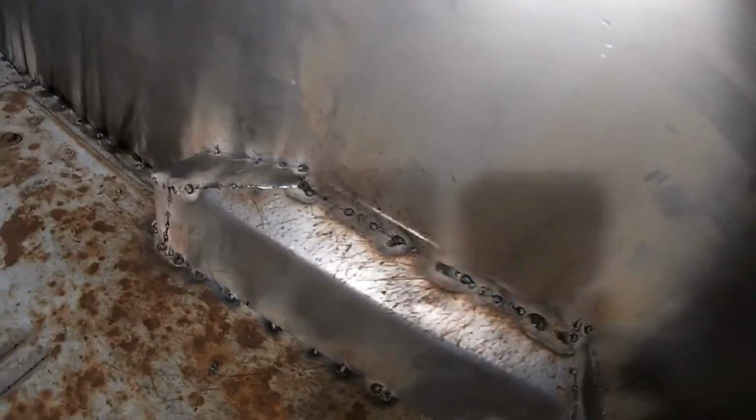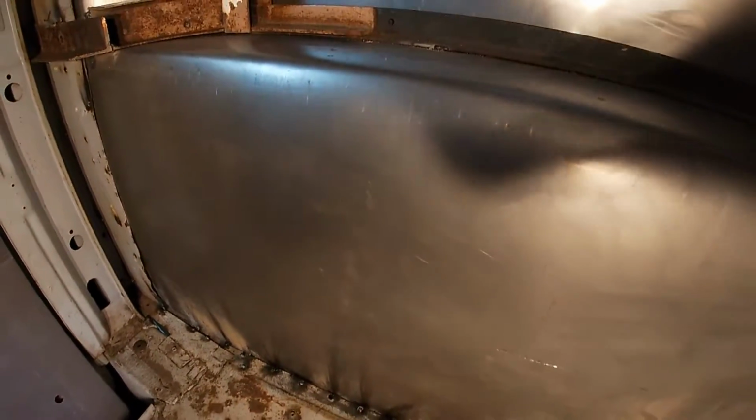Made the pieces to cover the winch. It's all tacked in at the moment. Gonna have to get some grinding, do some nice welds on it, get it all nice. This is just pretty much just holding everything together right now. We have a window and we have some